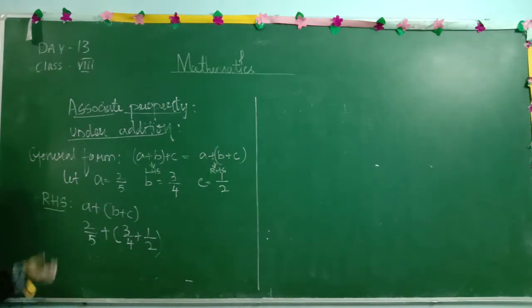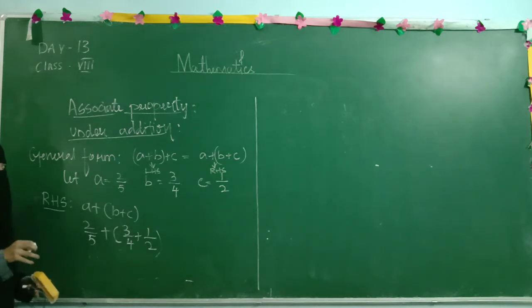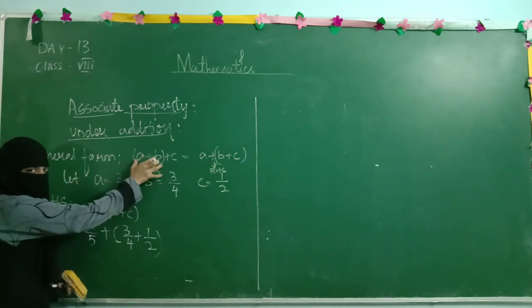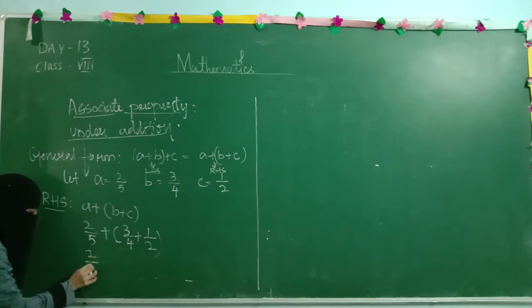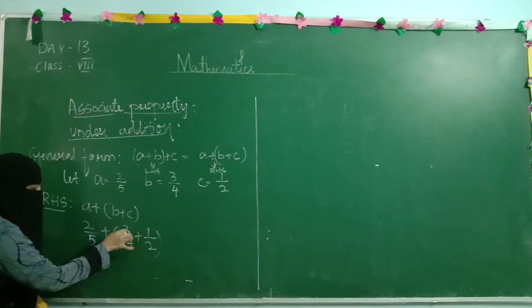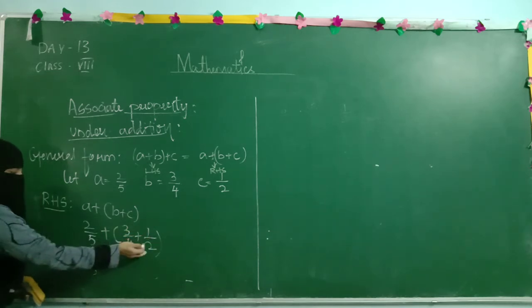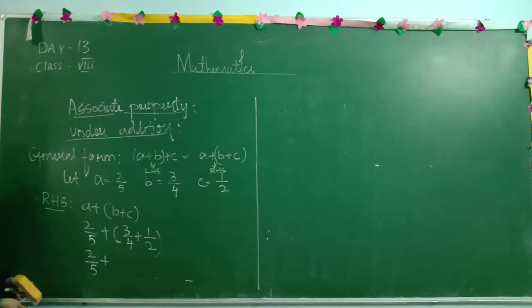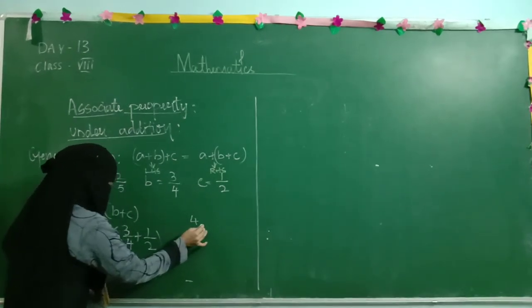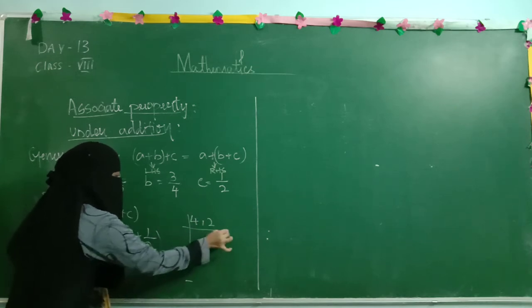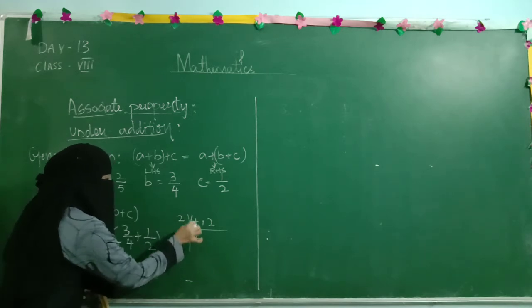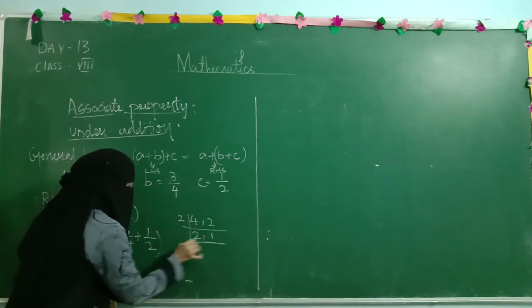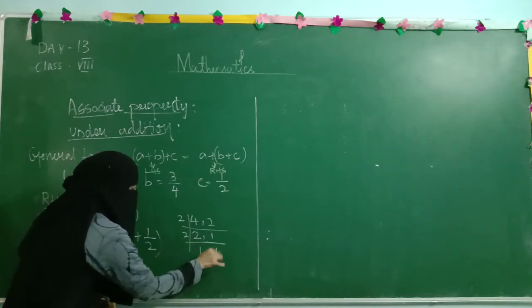of B, 3 over 4, plus C, 1 over 2. Fine. In the previous case, that is the LHS, first we solved for A and B. But now here we are going to solve for B and C as they are in the brackets. So this 2 by 5 I am keeping as it is, plus 3 by 4 plus 1 by 2. As I already said, whenever the denominators are different, we need to take out the LCM. So here I will take out the LCM of 4 and 2. Whenever we take out the LCM, we go for the prime numbers. 2 is the smallest prime number. 2 times 2 will get 4, 2 ones 2. Then 2 times 1 is 2. 1 we are keeping as it is.